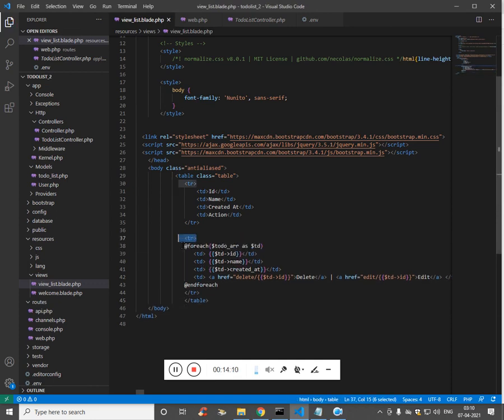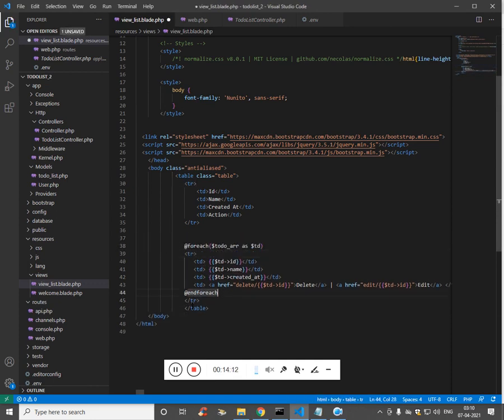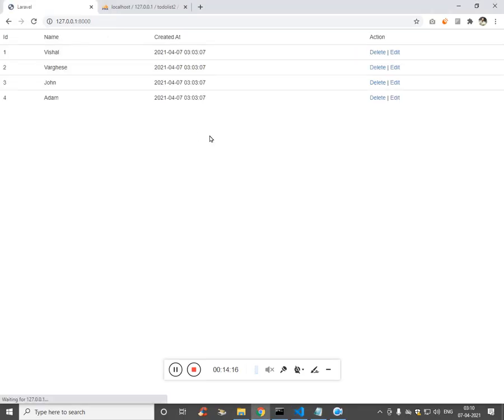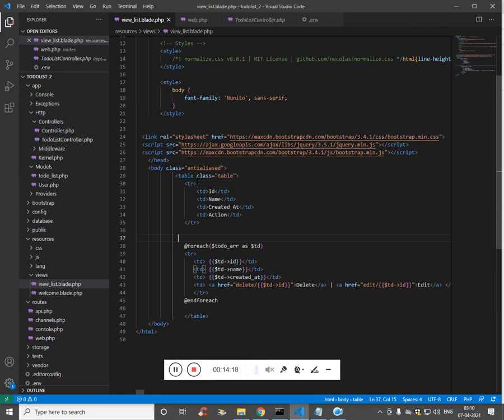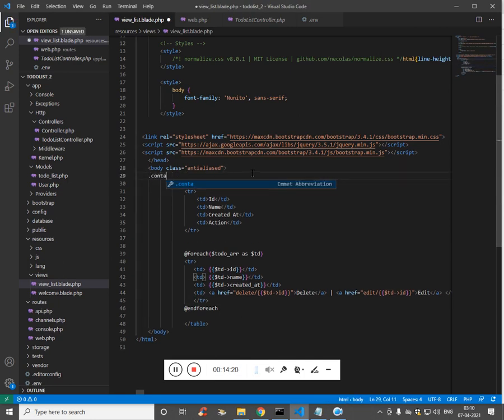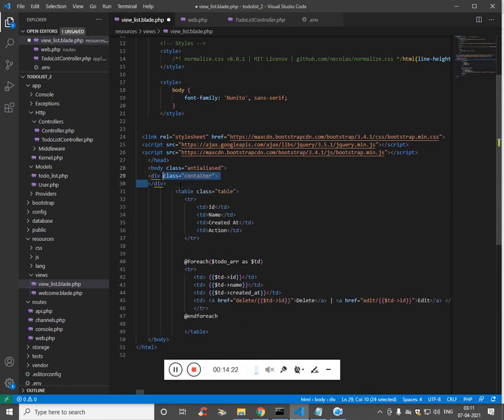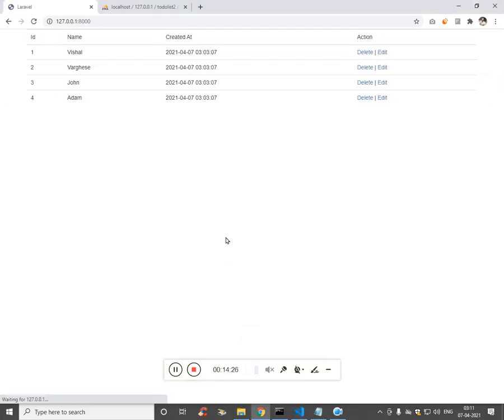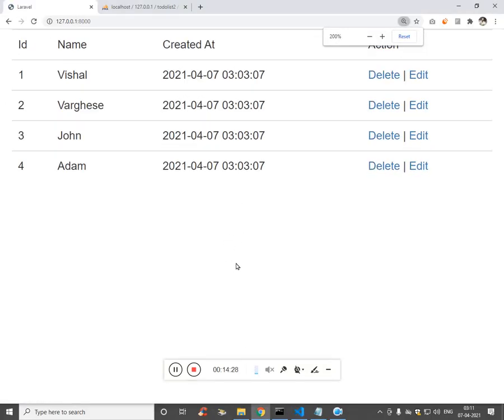And the table row should come inside the for each. Well, we'll add this inside the container. Let's zoom in a bit.